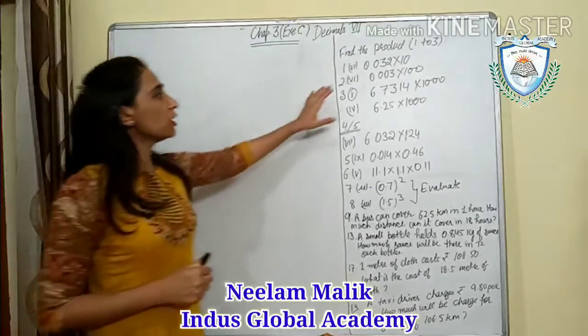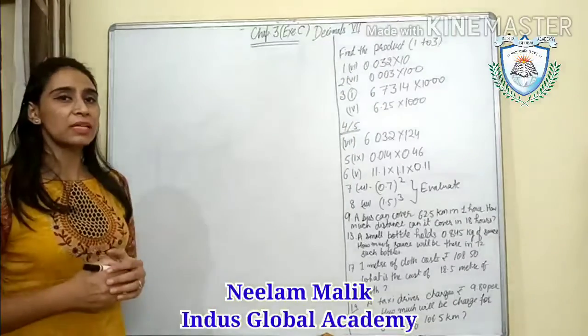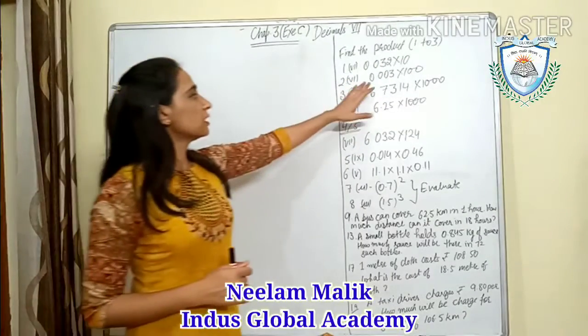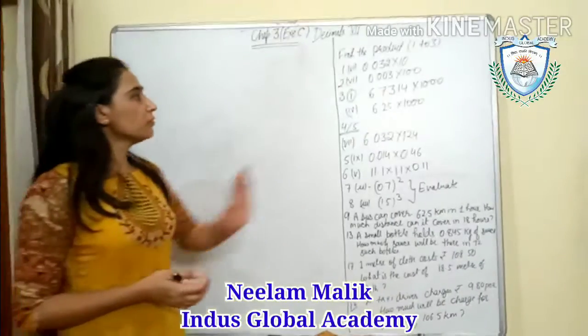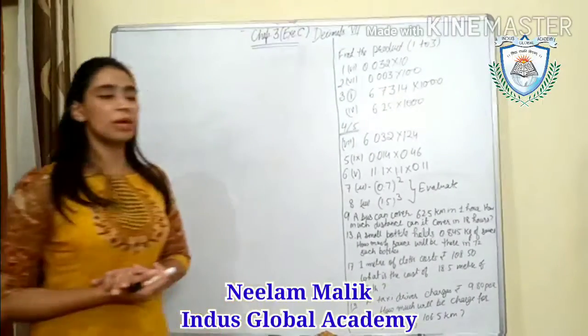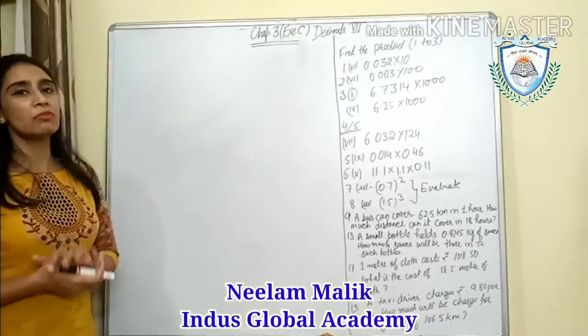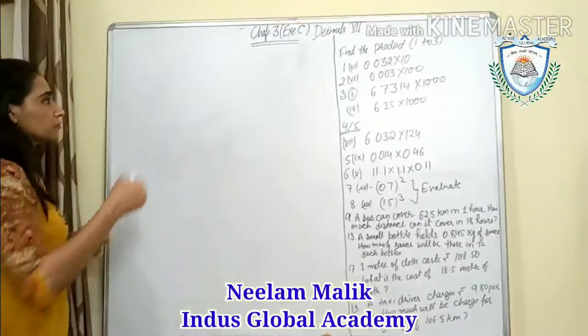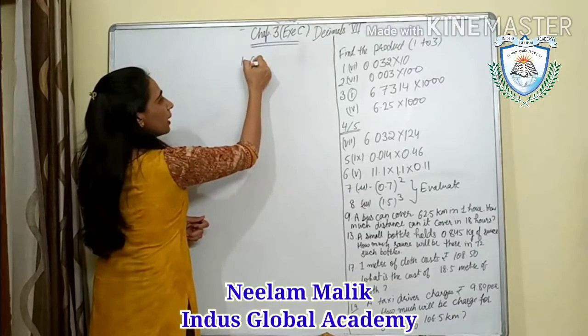In question number 1, there are 6-7 parts given in which you have to multiply the numbers with 10. In the second question you have to multiply the given decimal numbers with 100. In the third question you have to multiply the given decimal numbers with 1000. So I am taking only one part. Suppose your question number 1, this is your sixth part.